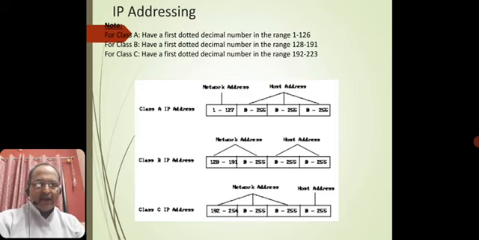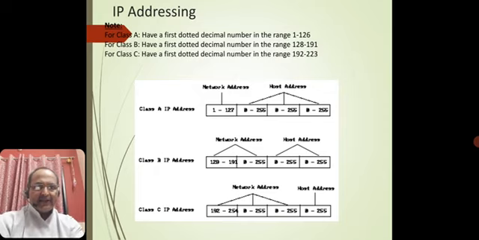And again, before we move on to class B: in class A, the network address is 1 to 127, and the host address is 0 to 255, 0 to 255 and 0 to 255. This does not make a difference. But in a class A IP address, the initial number is 1 to 127. If you refer to a class B IP address, it always starts from 128 to 191. This is the class B IP addressing method.